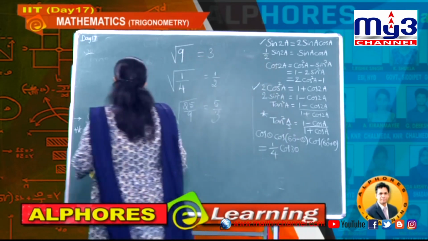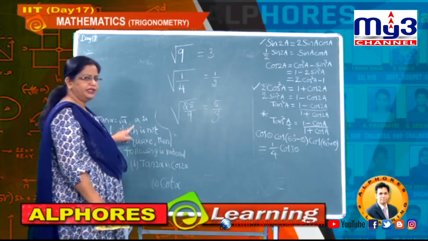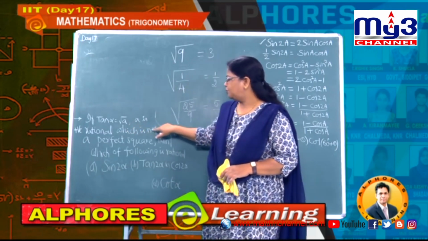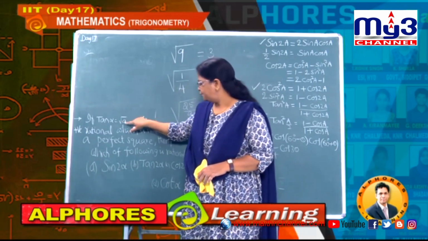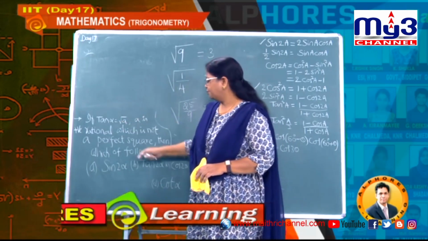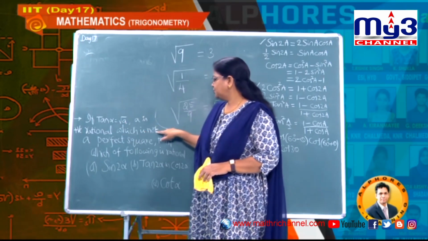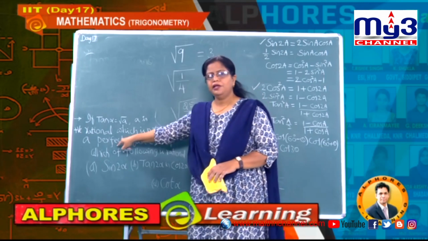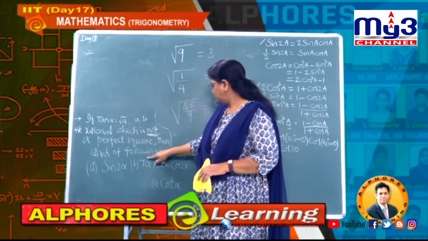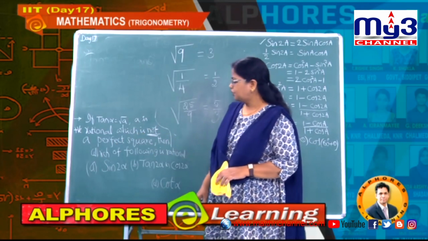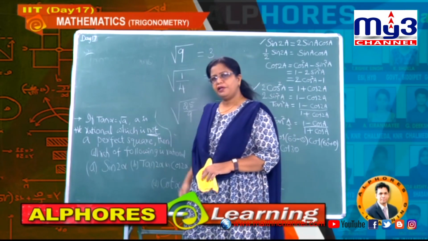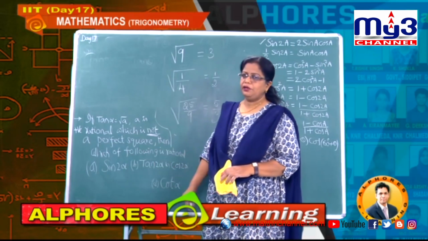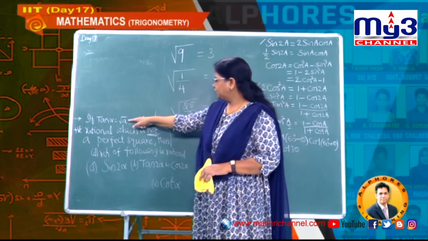Now, in the question they said tan alpha is root a, where a is positive rational. Positive means the square root a must be positive. So, positive rational which is not a perfect square. Understand, it is not a perfect square, then which of the following is always rational? That is, sin 2 alpha rational, or tan 2 alpha rational, cos 2 alpha or cot alpha. Understand. Now observe.